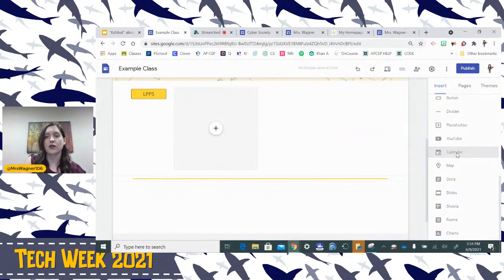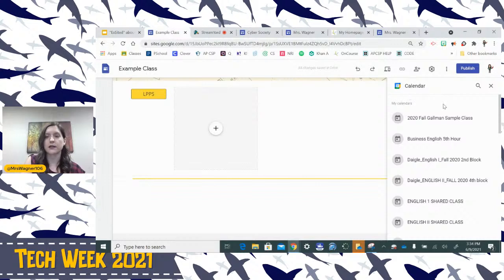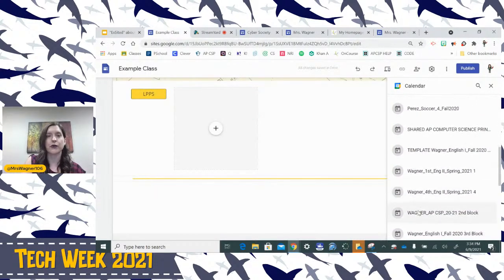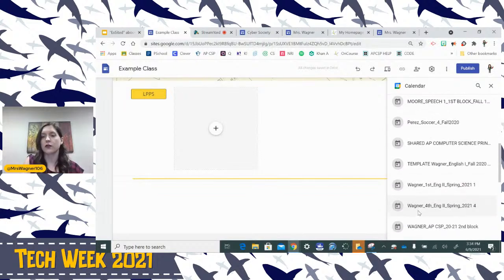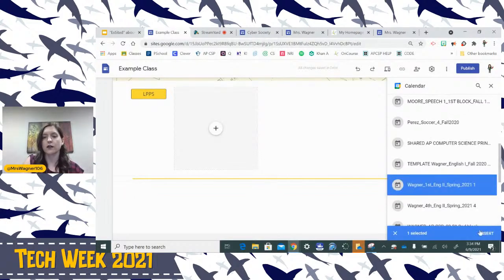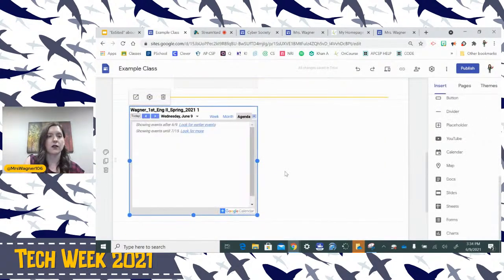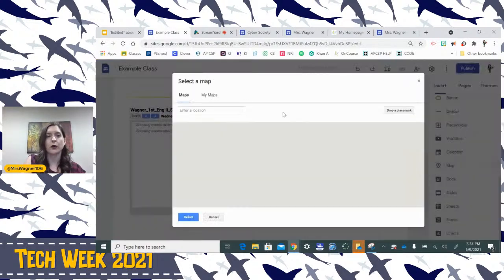You can embed your Google Calendar like you saw on my website. You simply click calendar and it's linked to your Google Classroom account. So you just decide which calendar you want to insert. And there it is. Super simple. You can include maps.